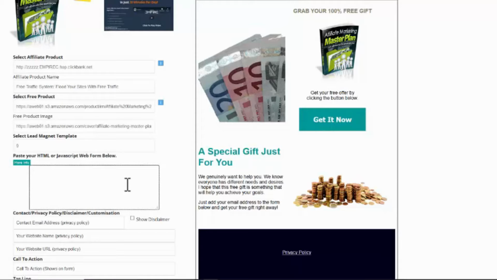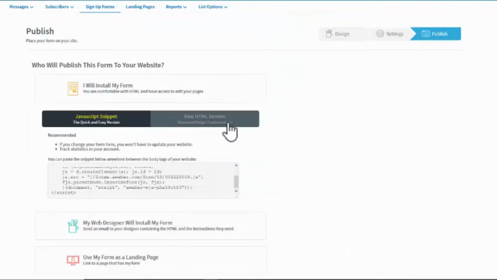You don't need to add a web form in, but of course it's recommended that you try and build an email list. That's always the best way to go. But if you don't want to, you don't have to. You can leave that out, and it will generate this automatically, but we won't collect the emails in the process, of course. So I'm just going to go to my Aweber account that I've already got opened